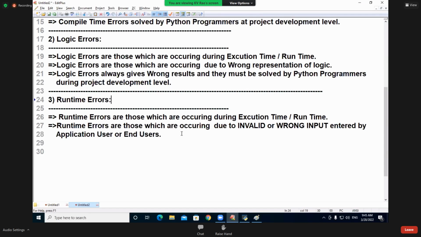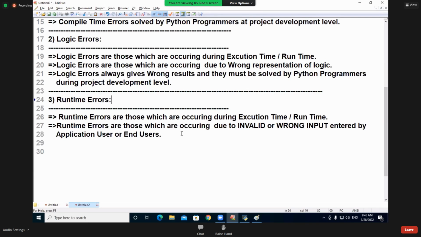Okay. So you kept the card in reverse order. The software is saying, please remove the card and insert properly. I feel, oh, the ATM project is so strong. I keep my card properly. Now it is asking for your PIN number. The PIN number is entered wrong by mistake. Will it continue? It stops and says to you what? Invalid PIN number, try again. Again, I feel it is a very strong project.